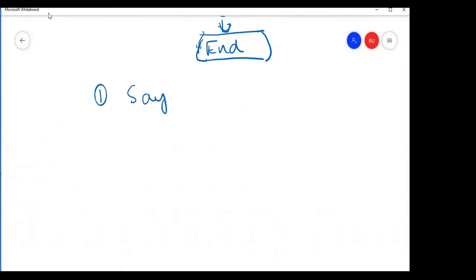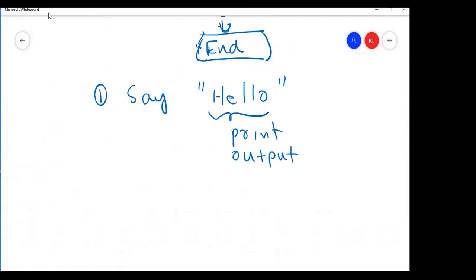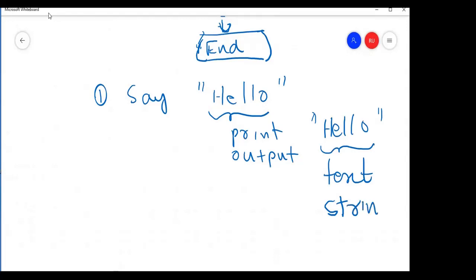Okay, so our first program, we just say hello. What we did was we print, or output, hello. So this is a text. We use another word for this text in computing: we call it a string.